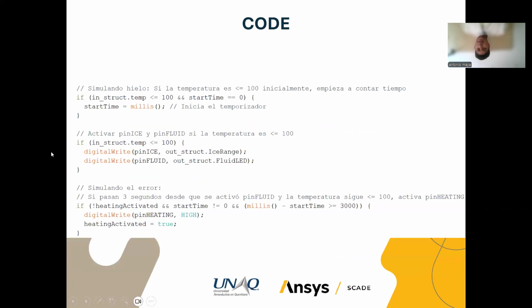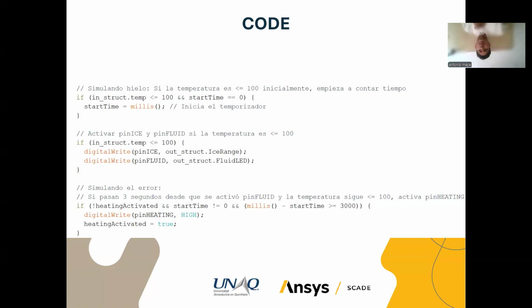And this is the part that indicates when the temperature is less than or equal to 100. Again, this is not the value of the temperature. This is not in Celsius degrees. This is not in Fahrenheit degrees. It's only a value. And it's going to start taking the millis function. This is going to take the moment when it starts. And it says, okay, right now there is ice. And I need to know if in 5 seconds, in 3 seconds, after I activate